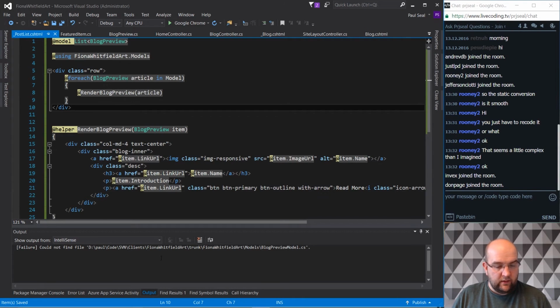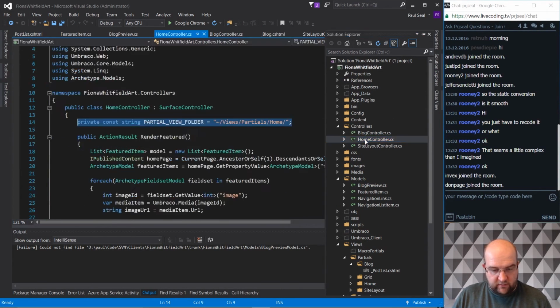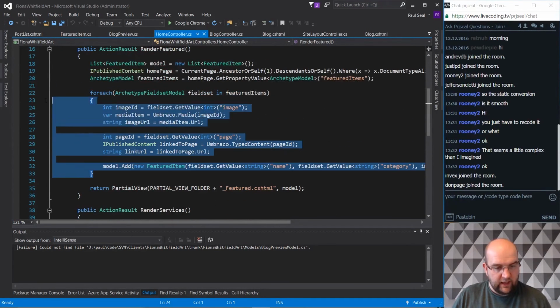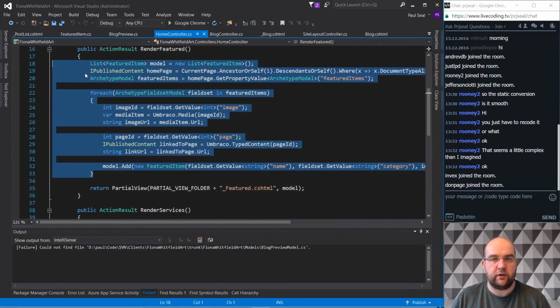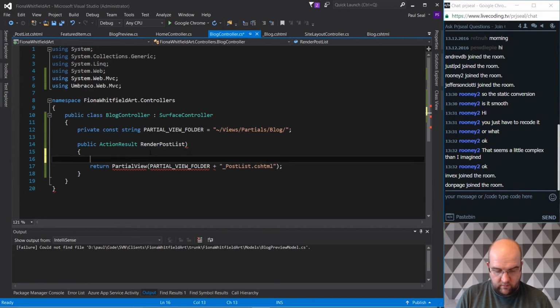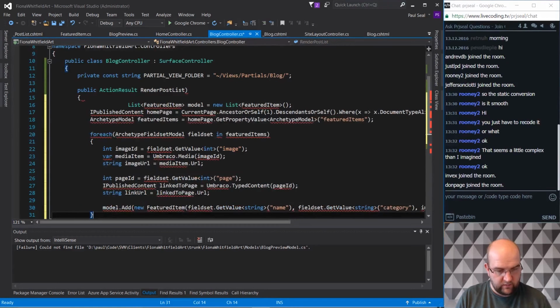So then the last part that I need to do is hook up the controller to do it properly. So with the featured items, I'm just going to copy what I did on the featured one to get the model and just slightly tweak it to work with the blog post one. So if I go to the blog controller, paste in what I got from the other one,